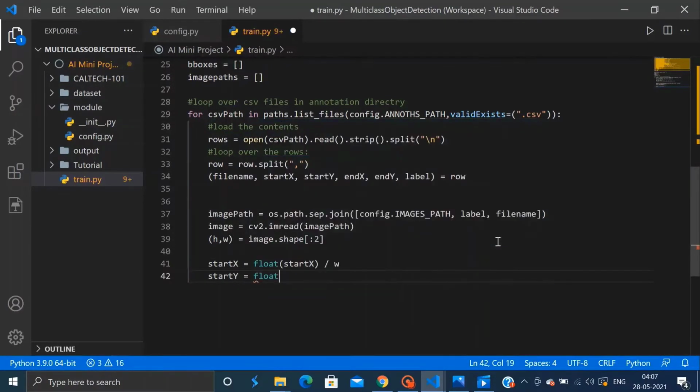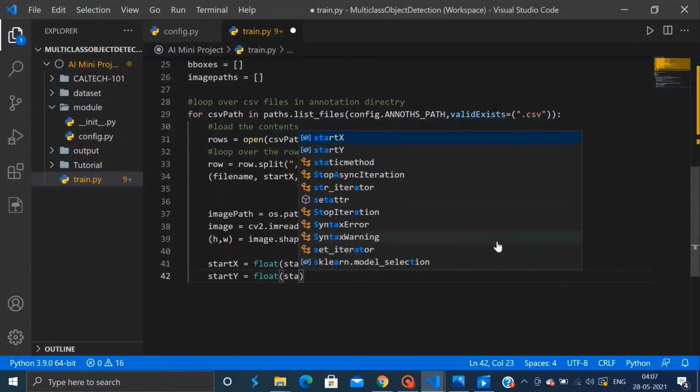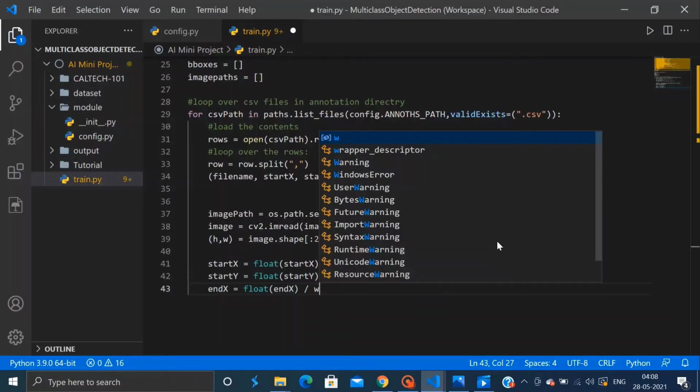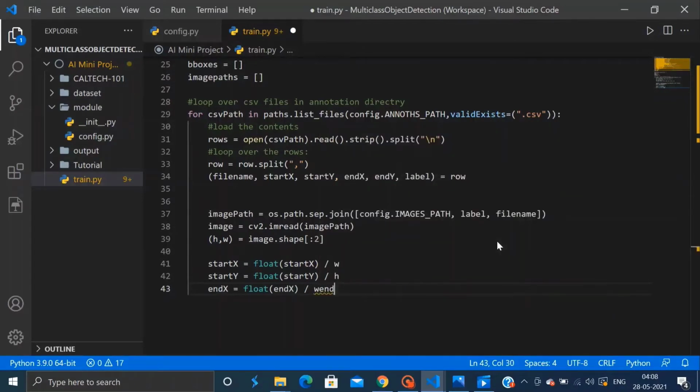Same with start y, whose dimension is h, end x. So end x is equal to float end x divided by w, and finally end y is equal to float end y divided by h.